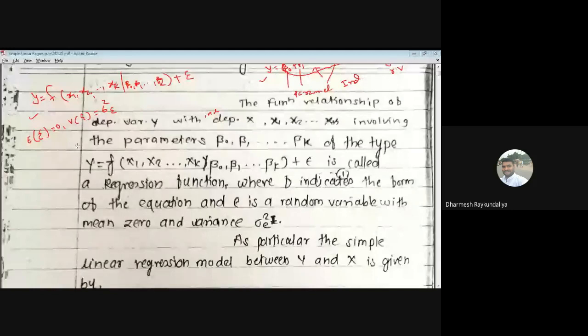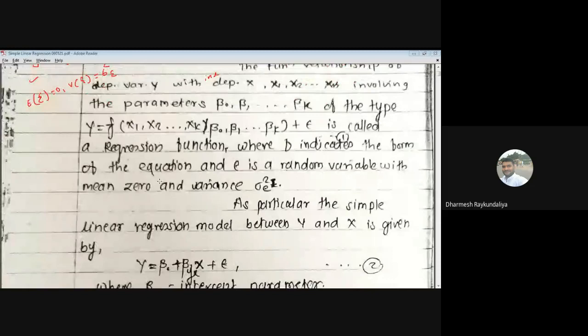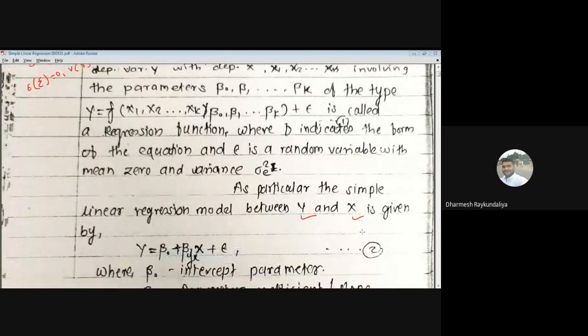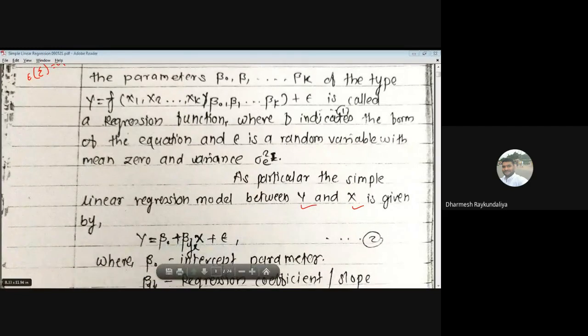But suppose you say that there is only one dependent variable y and x is the independent variable, and if the relation between y and x is given by y is equal to beta 0 plus beta yx x plus epsilon. Here beta yx means it is a regression coefficient when regressing y on x. So we usually write it as beta 1. Here I have just written this because I wish to discuss the regression of y on x as well as x on y.